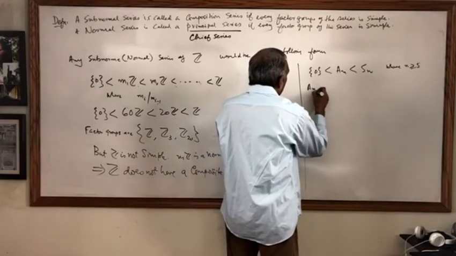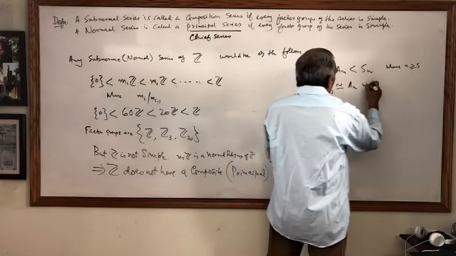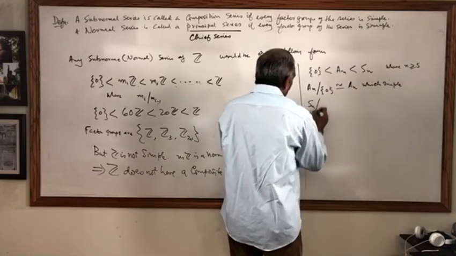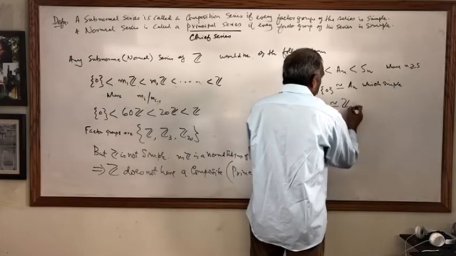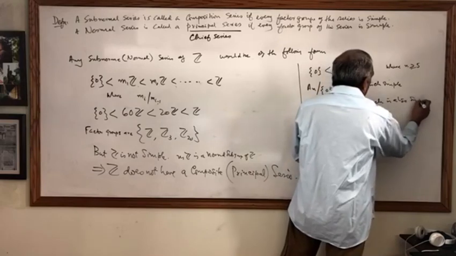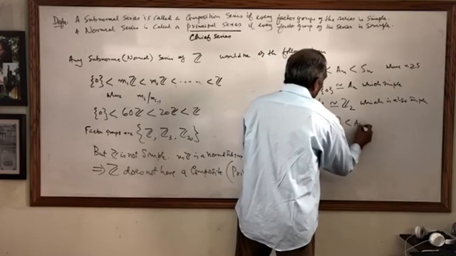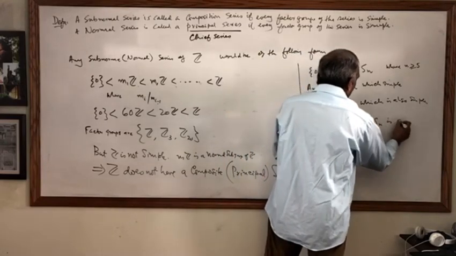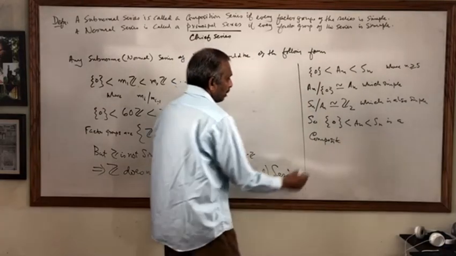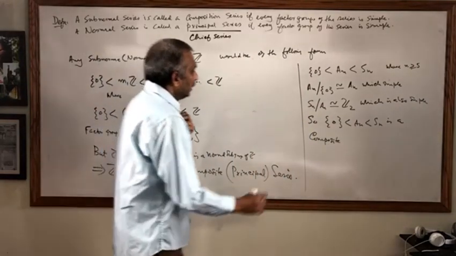Then An over 0 is isomorphic to An, which is simple, and Sn over An is isomorphic to Z2, which is also simple. So 0, An, Sn is a composition series of